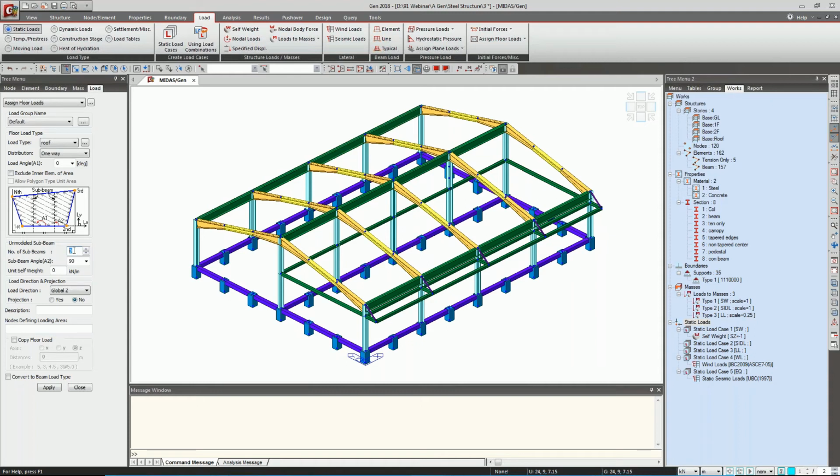So let's say the number of sub-beams is 5, and the unit load can be provided over here as, let's say, 1.5. And further we can choose over here the load direction: if you want it downwards, that is global Z, or we can apply it perpendicular to the local Z direction of the element, that is perpendicular to the element. And further, by just providing over here the loading area instead of any other parameters,